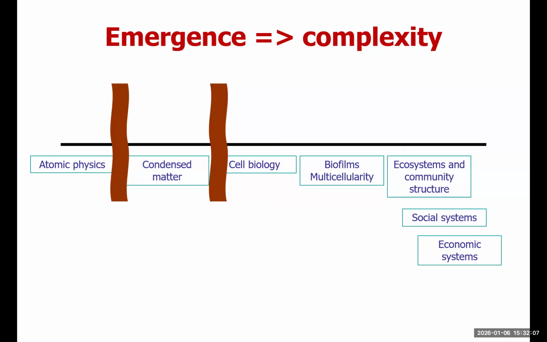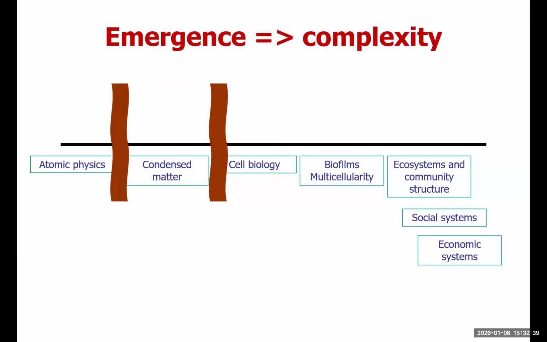So you might say, well, let's look at what we teach here in the physics department. There's atomic physics, then condensed matter physics, solid state physics, and maybe there's a really great biophysics group here, which I'm a member of. People can study cell biology, biofilms, multicellularity. You can study ecosystems, community structure, social systems, economic systems. These are meant to be sort of going on here to the right, but I don't have any more room to put them in. So those are the sort of different layers of complexity